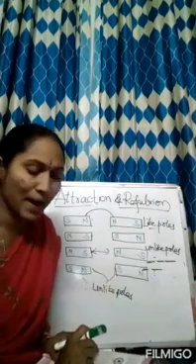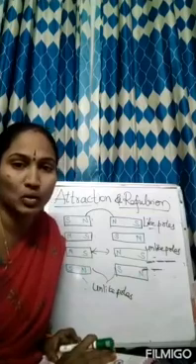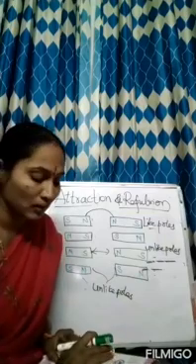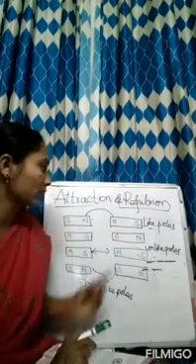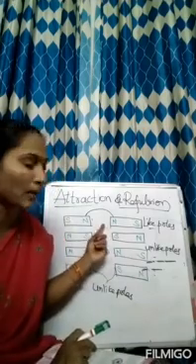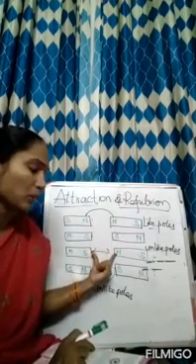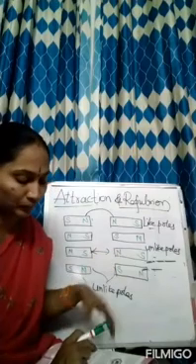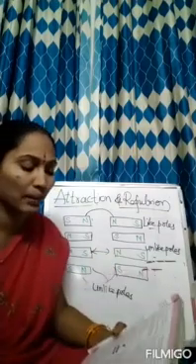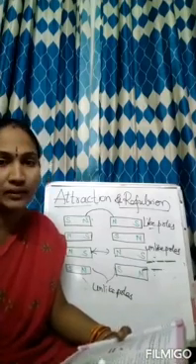Next, when do magnets repel each other? These questions may come in 2 marks questions or fill in the blanks. So once again I am repeating it. When do the magnets repel each other? When like poles are opposite to each other. When unlike poles are opposite to each other, it gets attracted. You notice that like poles repel each other and unlike poles attract each other.